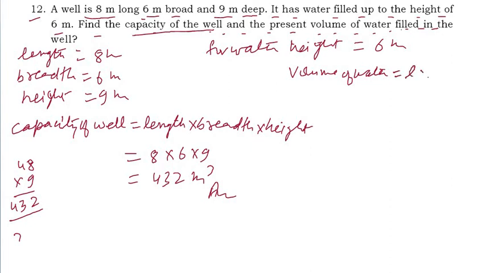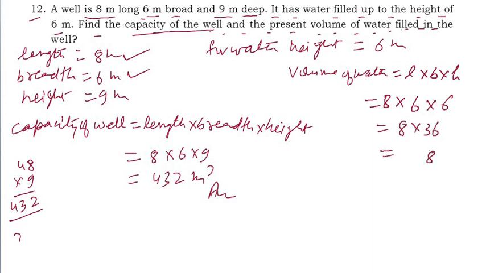the formula is length, breadth into height. So length is given as, length will remain the same, 8 meter only, breadth will also remain the same, that means 6 meter, and height it will be changed into 6. Now 8 into 6 is the 36. Now multiply this. It is 288 centimeter cube or meter cube. You can write here meter cube. So that one is your second answer.